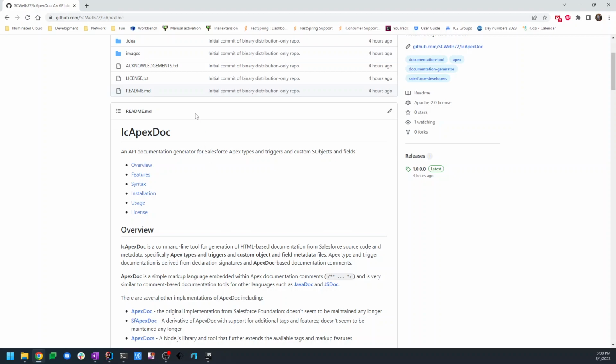This is being made available through my GitHub repo, IcApexDoc, and the landing page, the README page, should provide enough information to get started, both in terms of installation and also in terms of usage and syntax. I'm not necessarily going to go over everything in detail here because you'll see things in the demo, but I would refer you to this page if you have questions about how to use it, how to write ApexDoc comments,